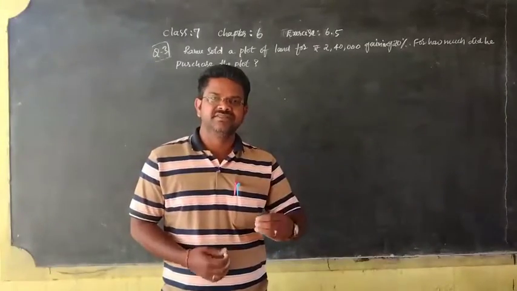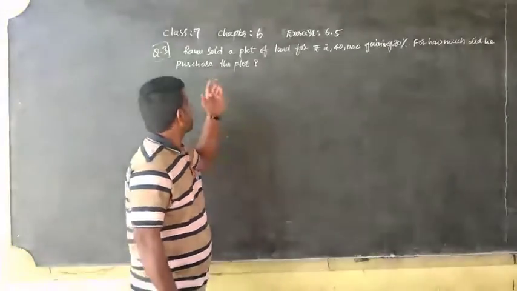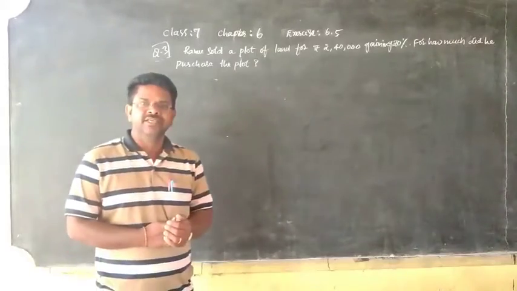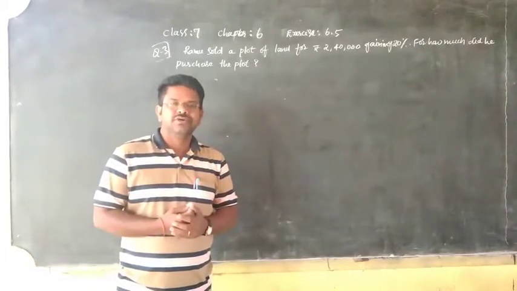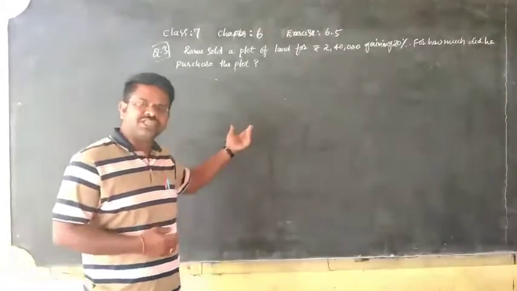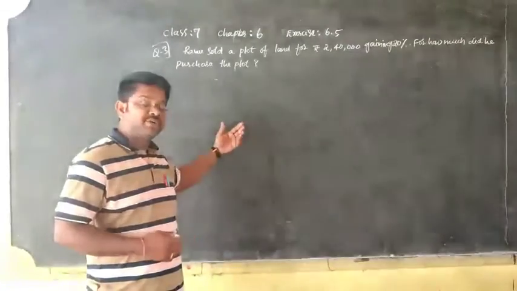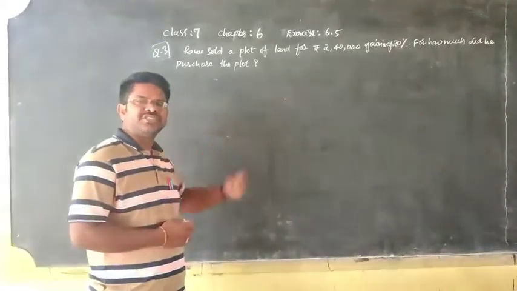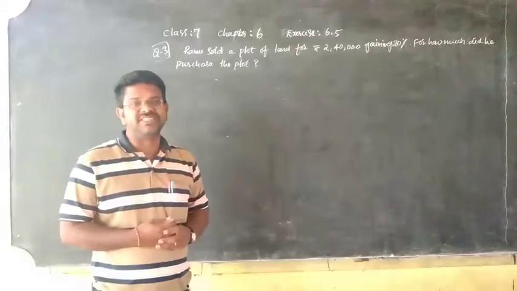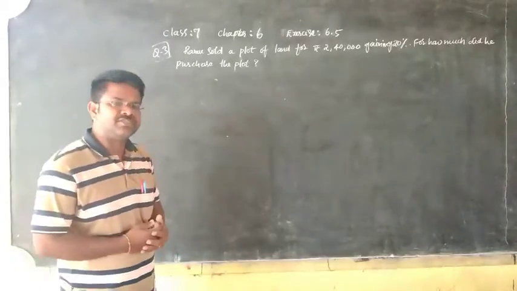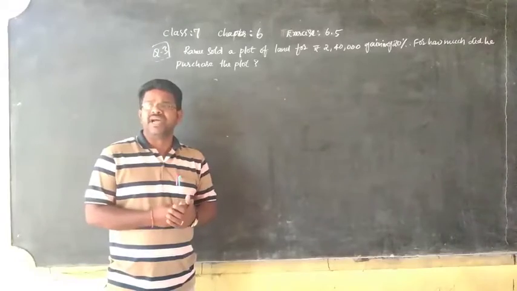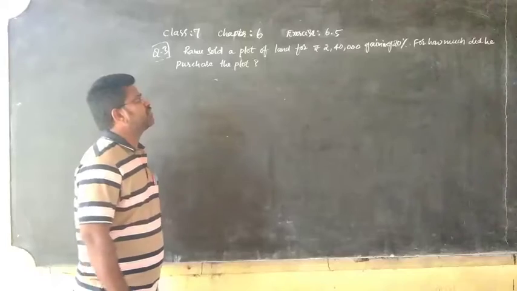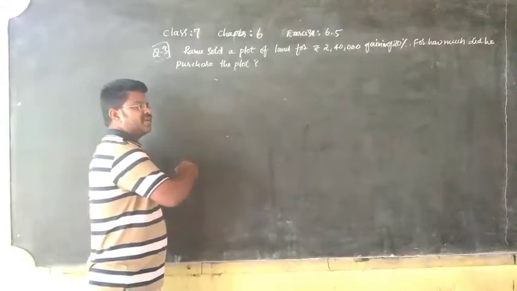In this session, we'll learn about class 7th, chapter 6, exercise 6.5, question number 3. We already learned about this question by giving the solution using the proportional method, but this time we will give the solution using the unitary method, right? So, the unitary method, and also there is one special formula to find the cost price when the selling price and percentage of gain has been given. Okay, let's enter into the solution.